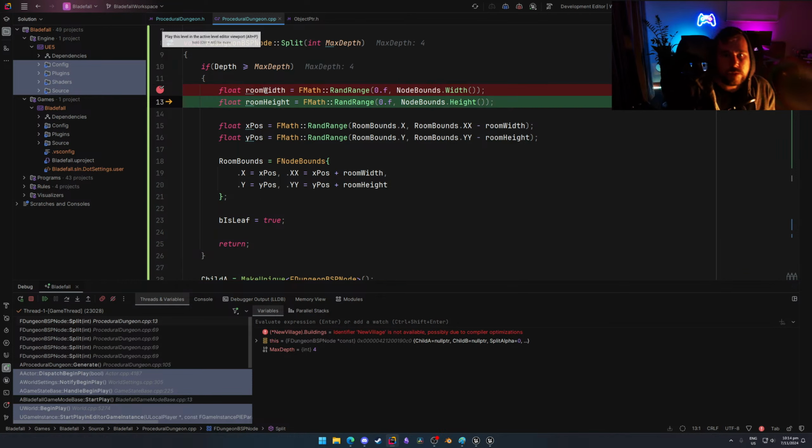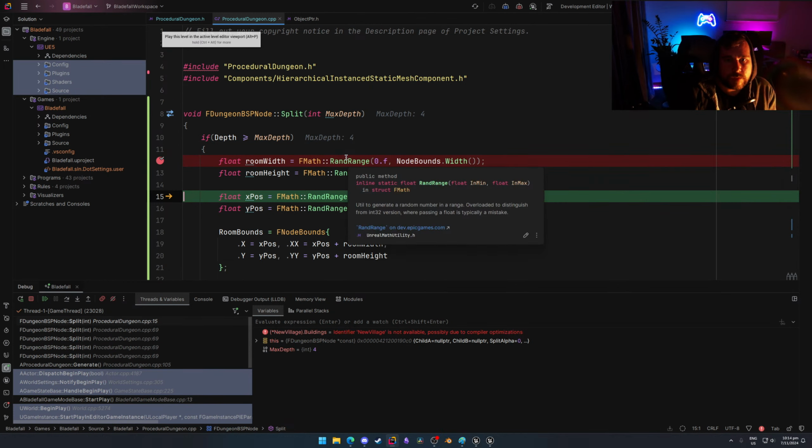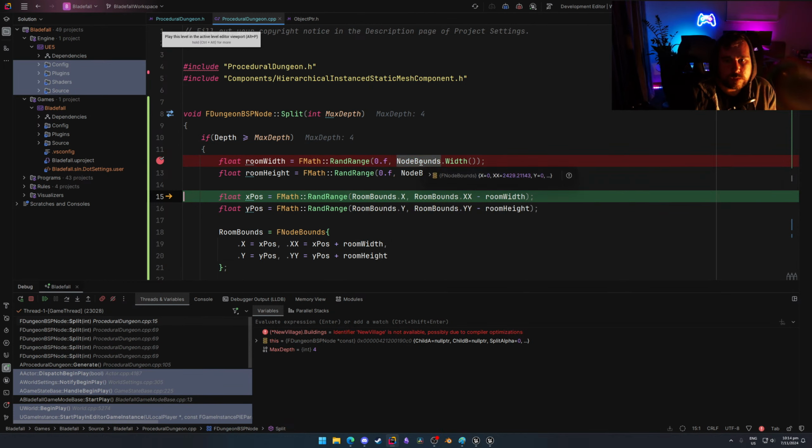Okay, so the width, I cannot see for some reason. What the heck? So between 0 and the width, which is